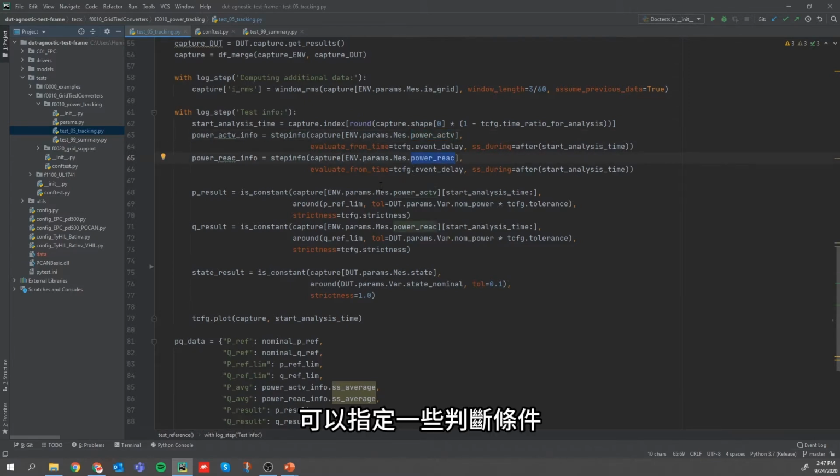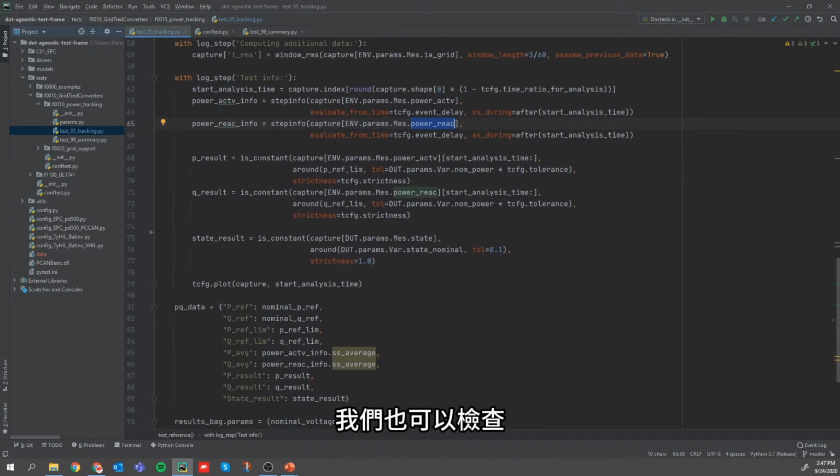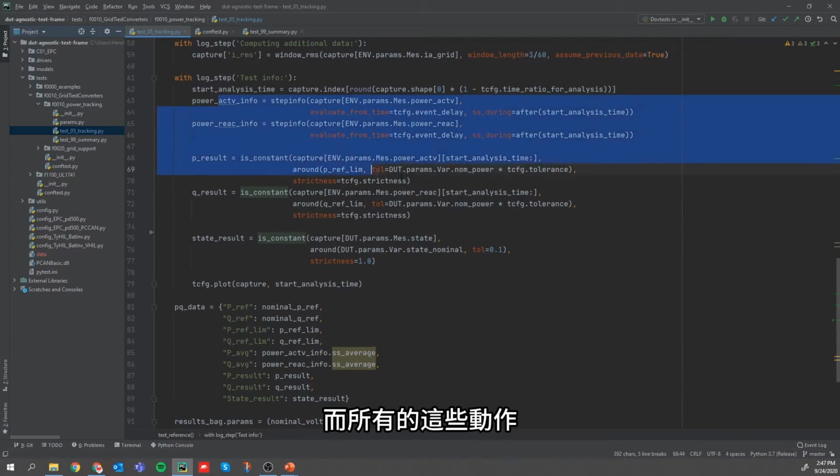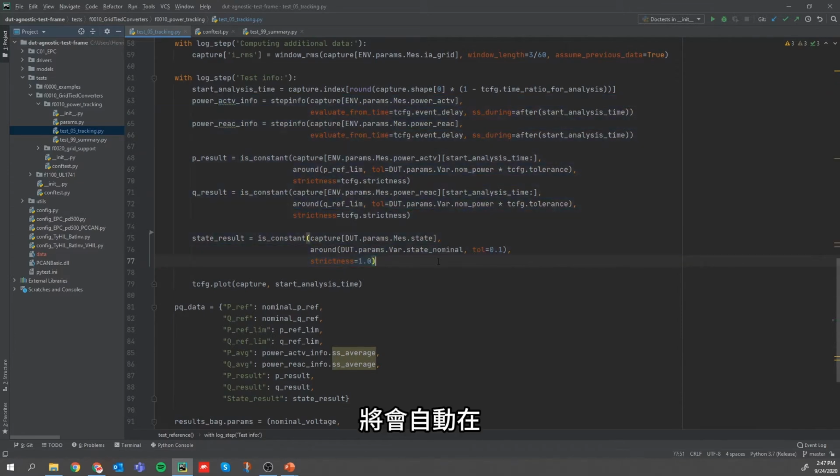We have some conditions that we can specify. We can also check if the active and reactive power are constant. This is also an analysis function that we have from TyphoonTest, and all of these will be generating some plots in the report automatically, so you don't need to spend any time writing code for generating plots for these very common